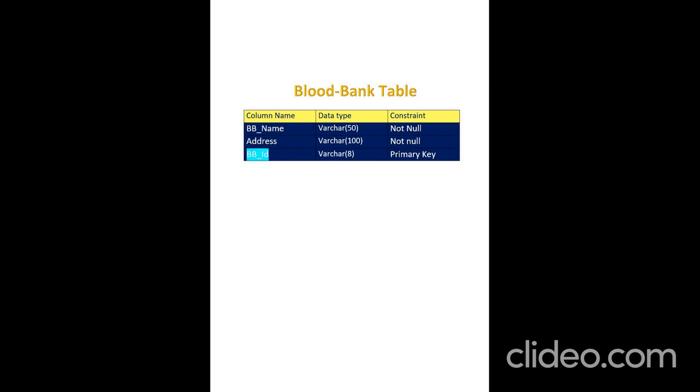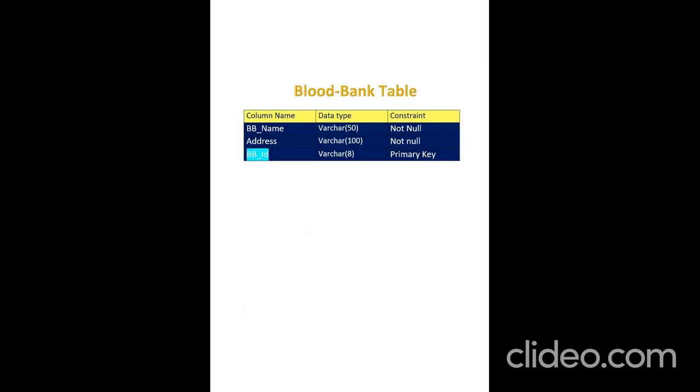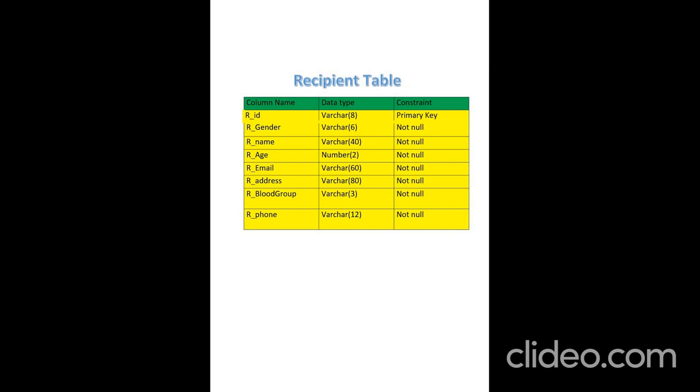Here I've also used another constraint called not null everywhere. Not null specifies that we cannot enter a null value, because all the details entered into this application are important, and we cannot afford to have a null value. Whenever not null is specified, we cannot enter a null value. And a primary key is both unique and not null. It should not be null, and it should be unique. We cannot repeat the same value again,